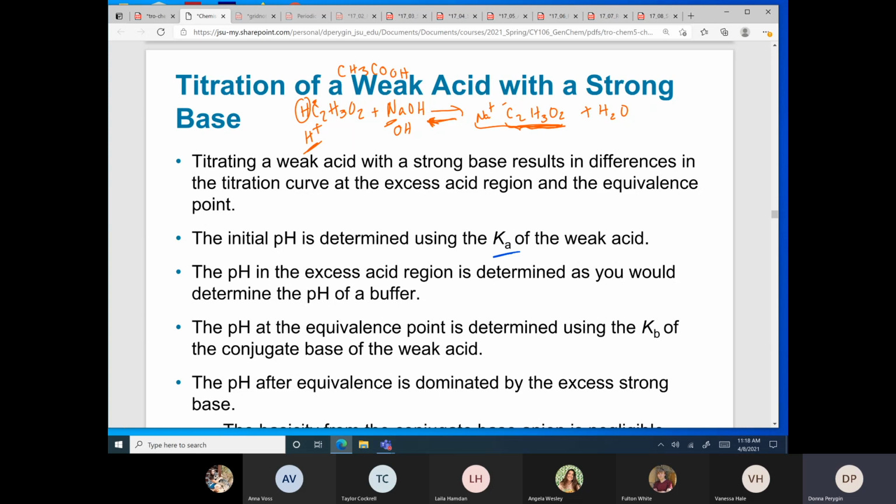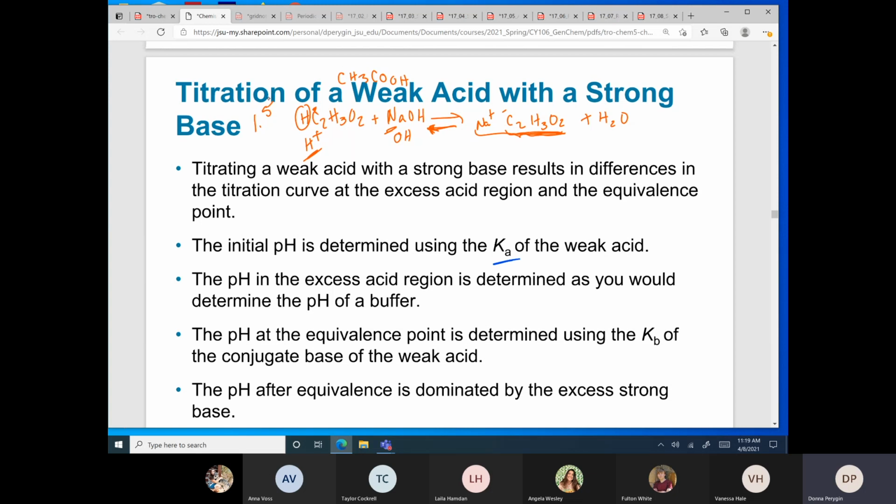So when we use an acid with a strong base, first we have to do a stoichiometry problem, and then we have to work an equilibrium problem. And the equilibrium problem is done with the Henderson-Hasselbalch equation using the Ka. Okay, and so we'll look at some examples of that. But let's say that we